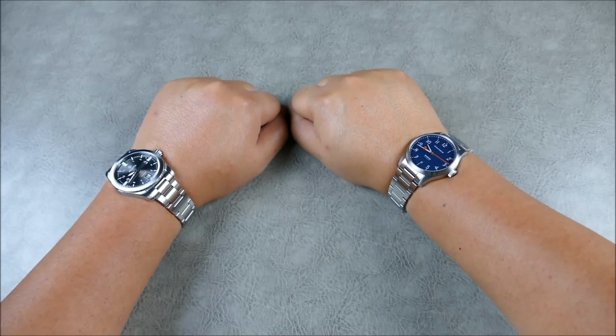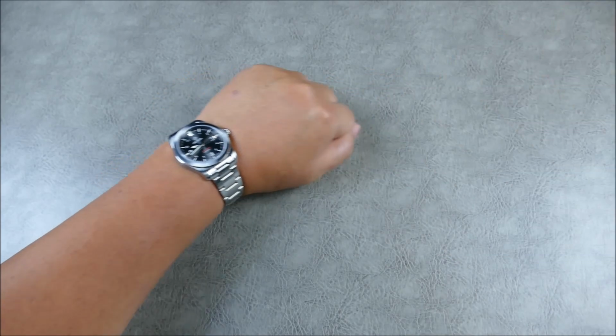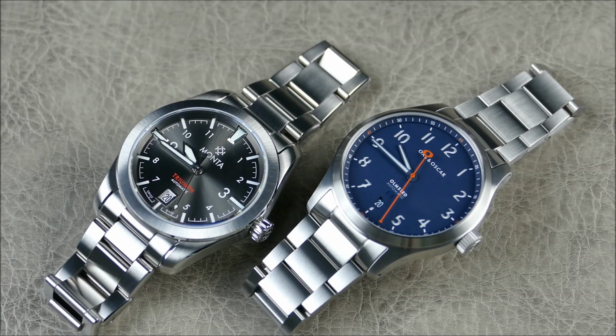So let's go ahead and move into some low light transition and some lume shots. Okay, let's go ahead and hit the lights. As you can see, both of them sporting BGW9, glowing really, really nicely. And they're both quite legible, even at an off-tilt angle here. You still have nice orientation towards the 12 o'clock, even though you only have the Arabic numerals on the Oak